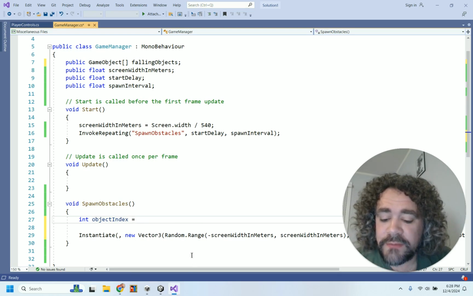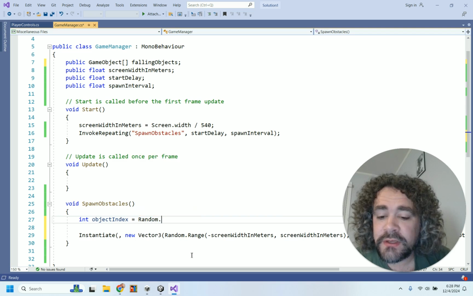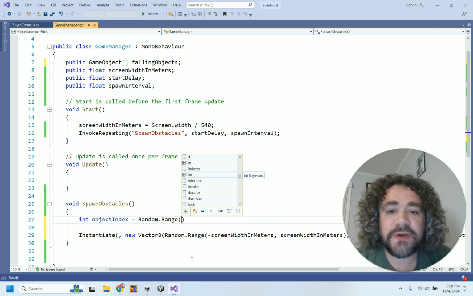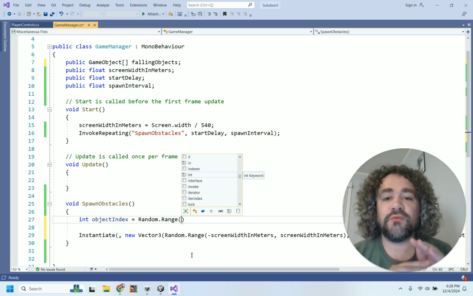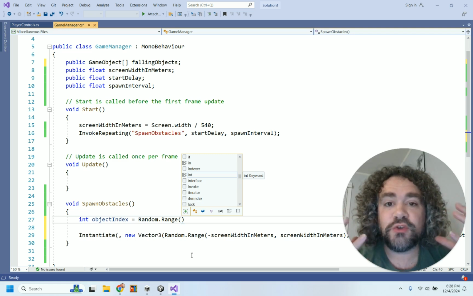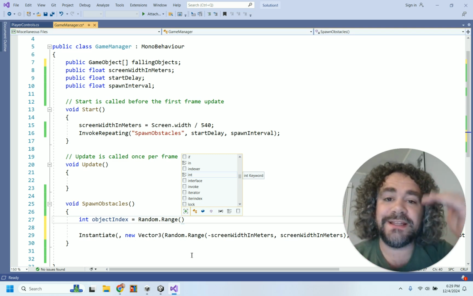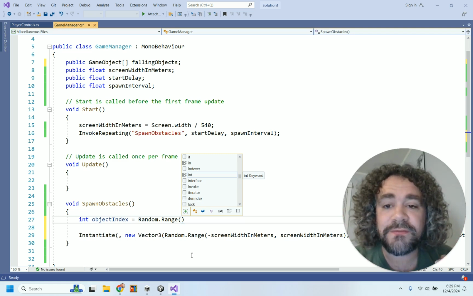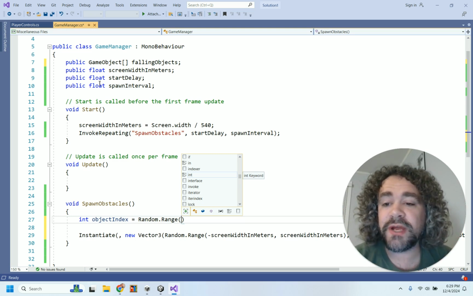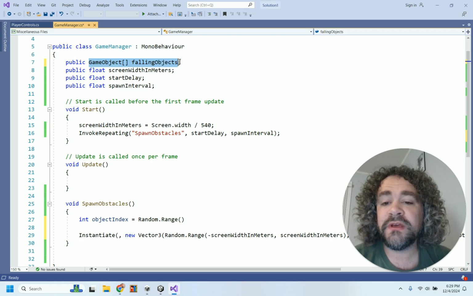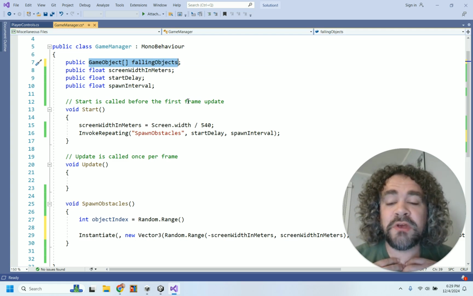And here's where we're using our randomness again. Random.Range. And now we've got to put our 2 values for the range. When we talk about arrays, arrays are basically groupings of objects, and they list them, so the computer keeps track of when we have a group of this. If we have a group of falling objects, based on the array that we just made, and I have 5 prefabs in my game,